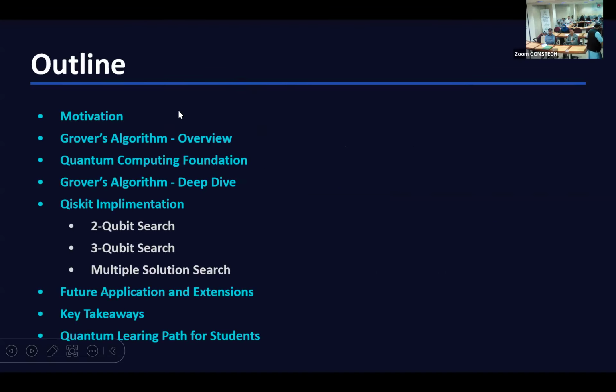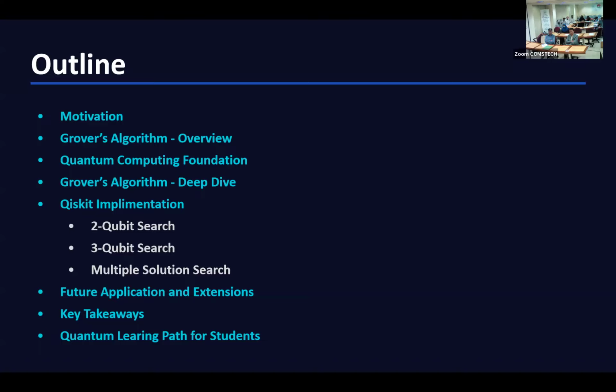First of all, I'm going to give the motivation. What was the motivation behind developing Grover's algorithm? Then I would like to give an overview of what Grover's algorithm is. Then what are the quantum computing foundations which are being used to develop Grover's algorithm? And then we will deep dive and see how it works. And after that, I will give the implementation of it in Qiskit for the 2-qubit search, 3-qubit search,